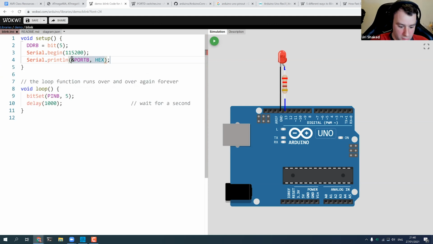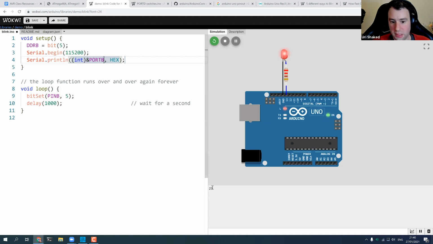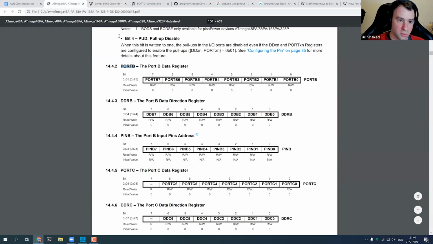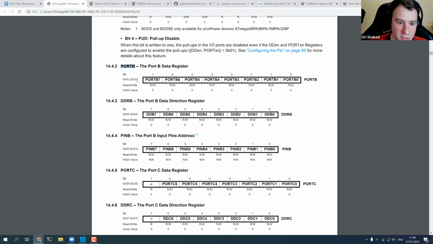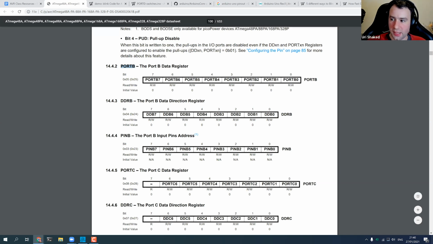Yeah, we need to typecast it so it will be happy. And yeah, you can see it's 25 hex, just like the datasheet says. So this constant actually equals 25 hex. This is how it works. So that's all about the GPIOs.